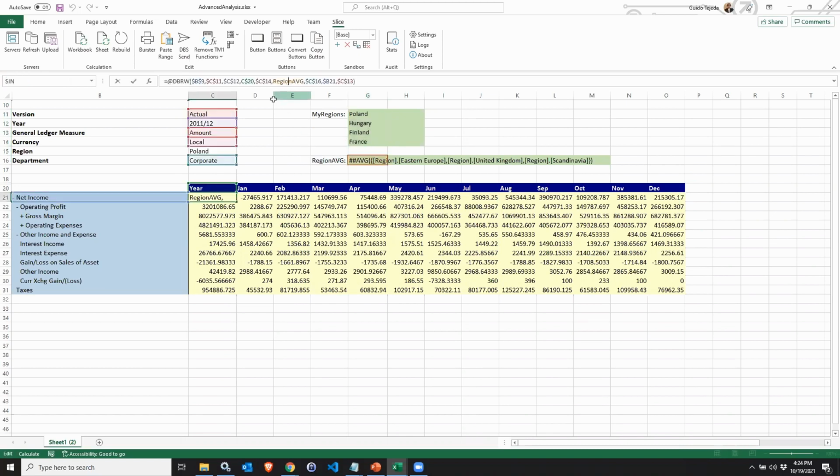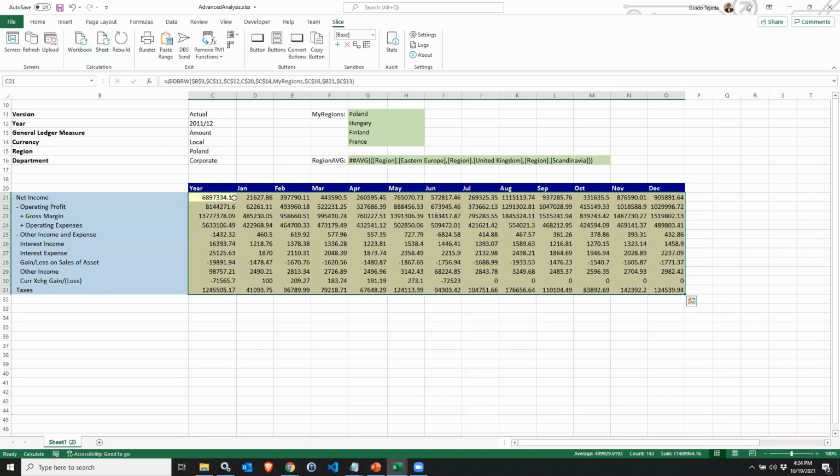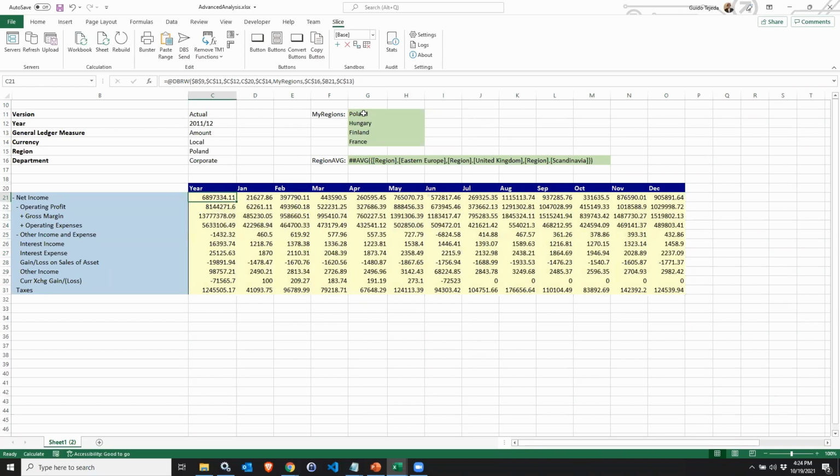So I'm going to go back here into my DBRW and hit enter. Again, do my copy and recalculate. So now I'm actually seeing a sum of these regions that are a member of my named range here. So pretty cool. I think there's a lot of possibilities about how you can enhance or offer your users new functionality